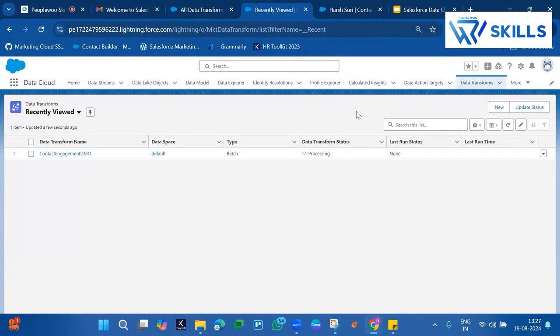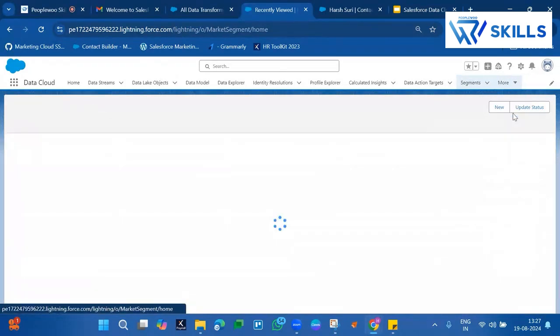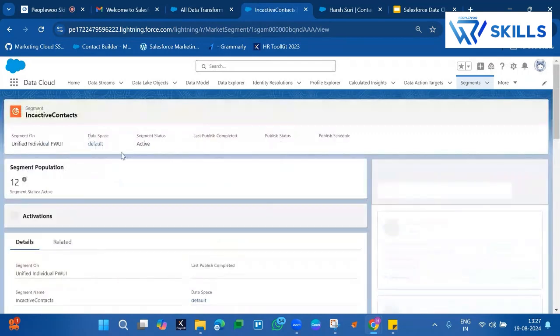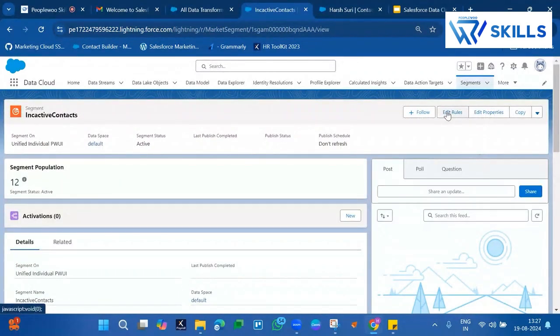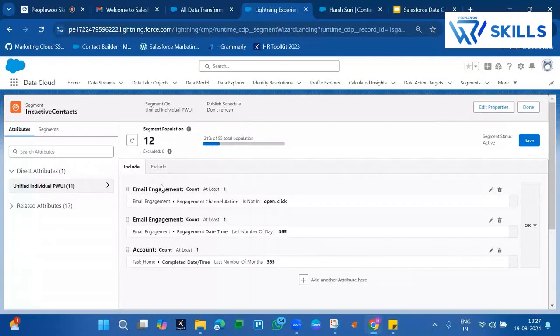Insights. So the next topic we will learn, when this processing is complete and the run is over, is calculated insights. But the other thing we can process now for engagement is segments. Segments are the functionality inside Data Cloud where we can identify profiles just by using a drag and drop interface. In these segments, last time what we did was